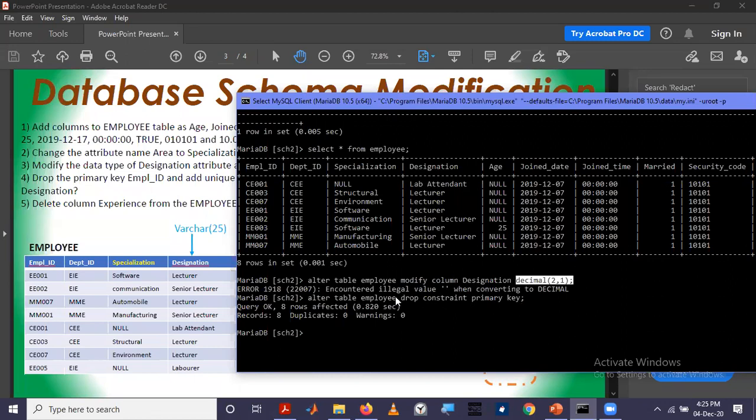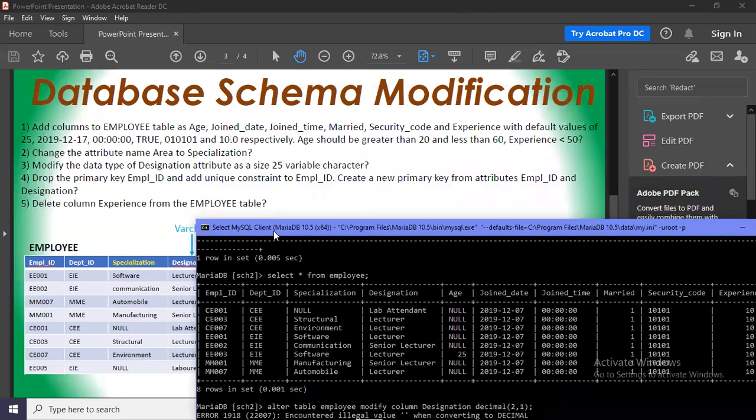Okay, so next, we are asked to drop or delete the primary key. For that, the keyword is drop. So we drop the primary key like this, right? Then we are asked to obtain a unique constraint for the employee ID.